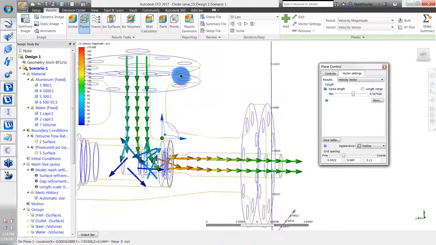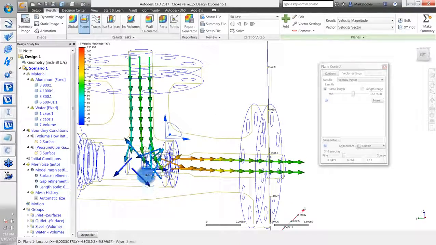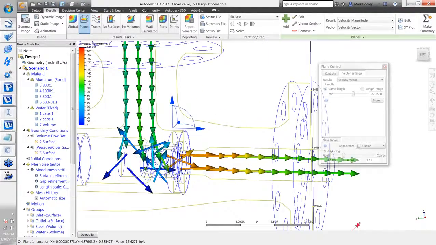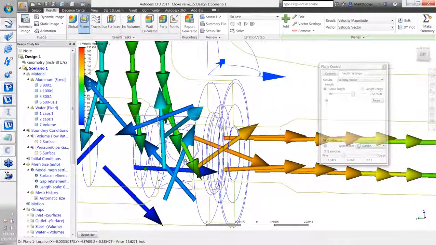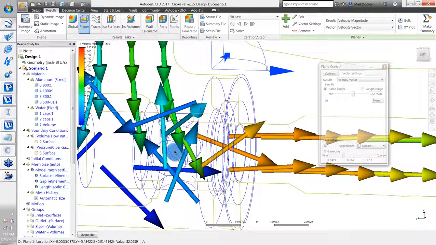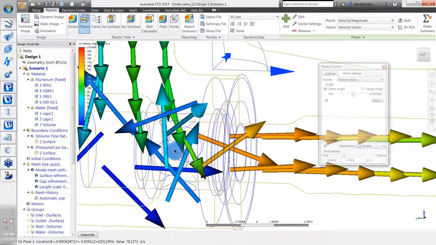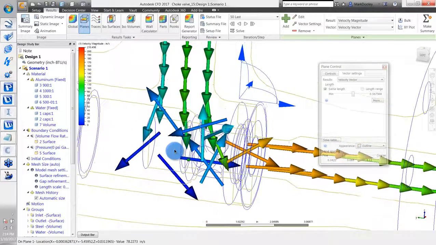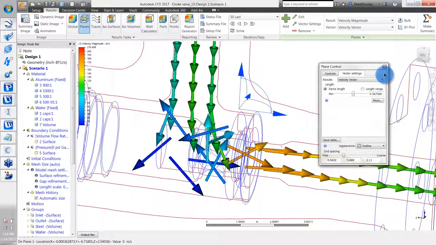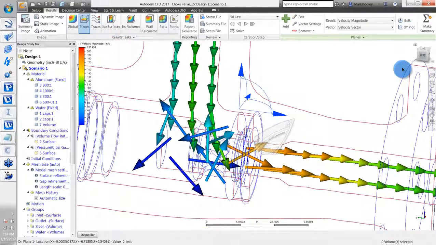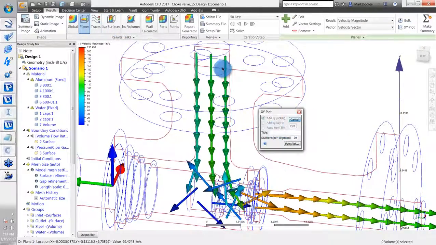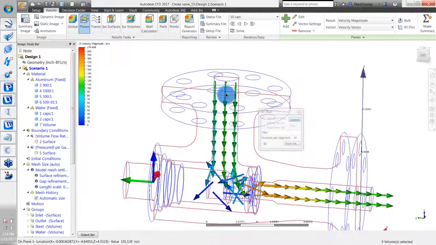We can see, as we're pushing the water through, here's where it's going, and if I zoom in a little bit, we can see there is my large opening that was in my design variation 1 inside of Inventor. So I can look at the planes there, I can go over and plot points if I want to, add some points here. Let's zoom out a little bit and we'll just add one here. We'll just add a few points in the middle of where our flow is going,